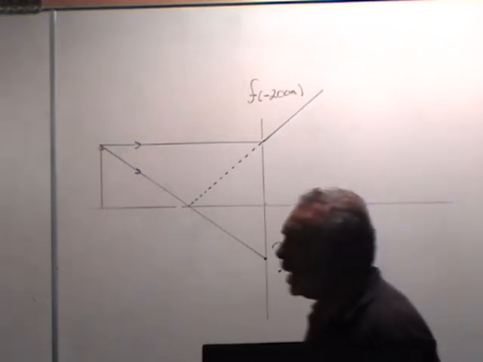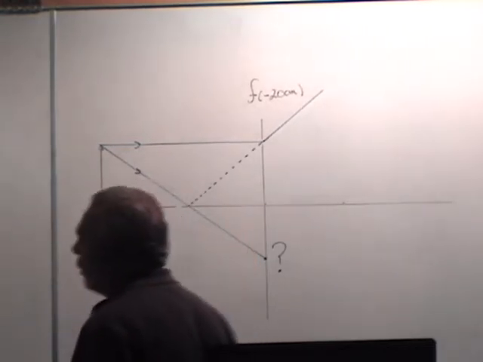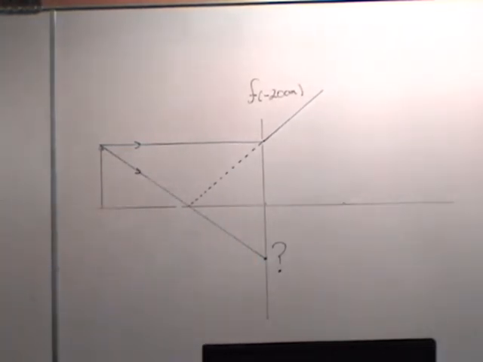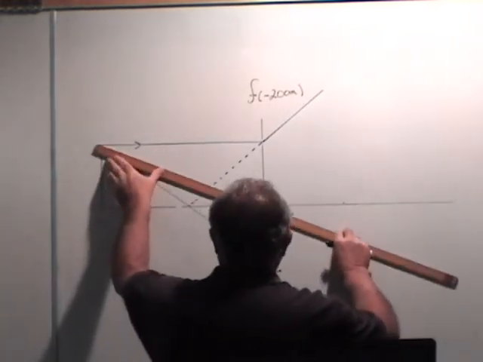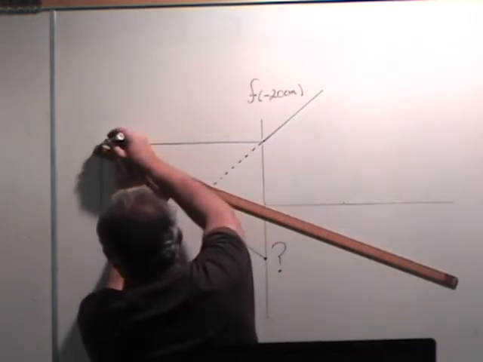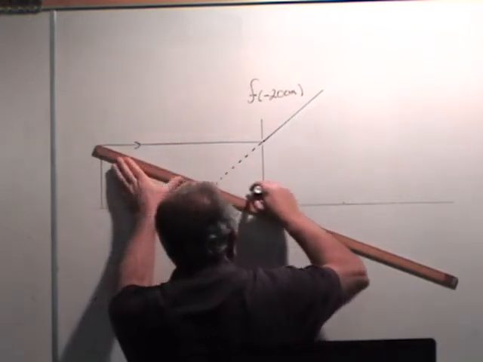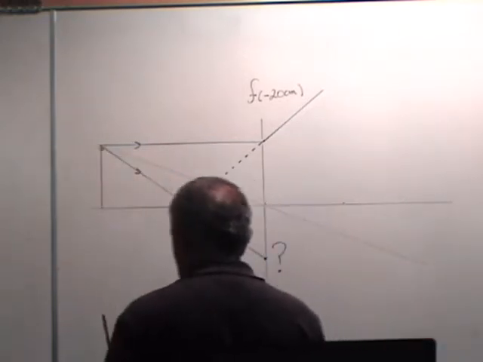However, there is a second light ray whose destiny is known to us, and that is the light ray that does what? It goes through the center of the lens. Because even in diverging lenses, the center of the lens is always just a window. So there actually is a real light ray that does continue right through the center of the lens. Oh, and I just put it in black, didn't I?